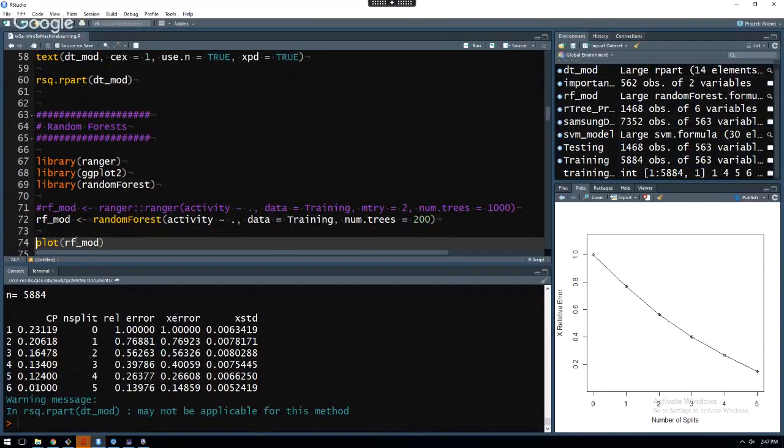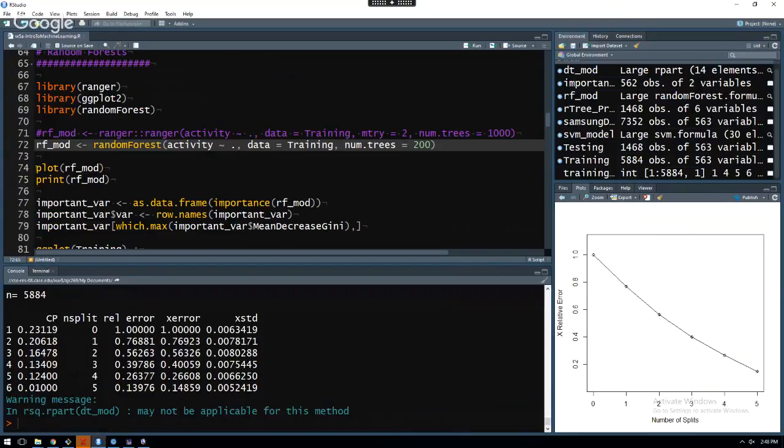They end up doing roughly the same thing, but it's just a matter of speed at that point because these can take a very long time to run. So in this case, you can see we're using the exact same setup. We're predicting activity as a function of all the other variables, and we're using the training data again. We're doing 200 trees in this case just to speed up some of the algorithm. If you were actually running this to get a more meaningful result, you would want to increase this up to something like 1,000. But we have this model out, and if we take a look at this,